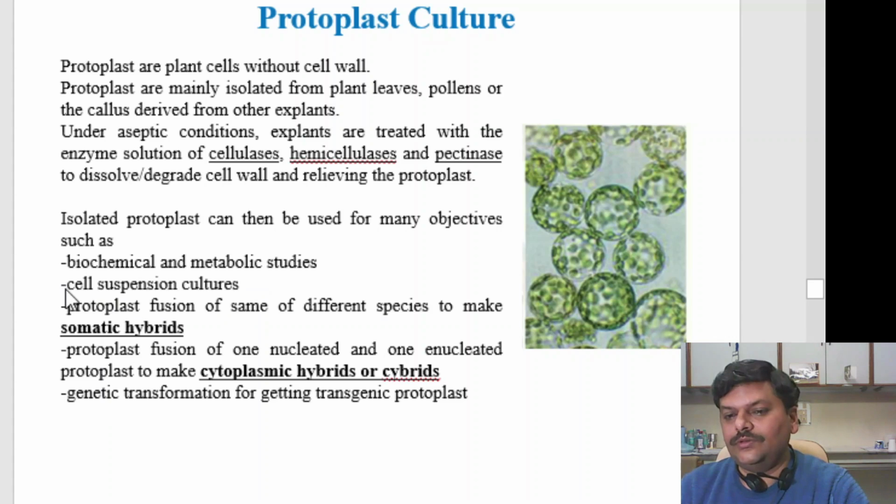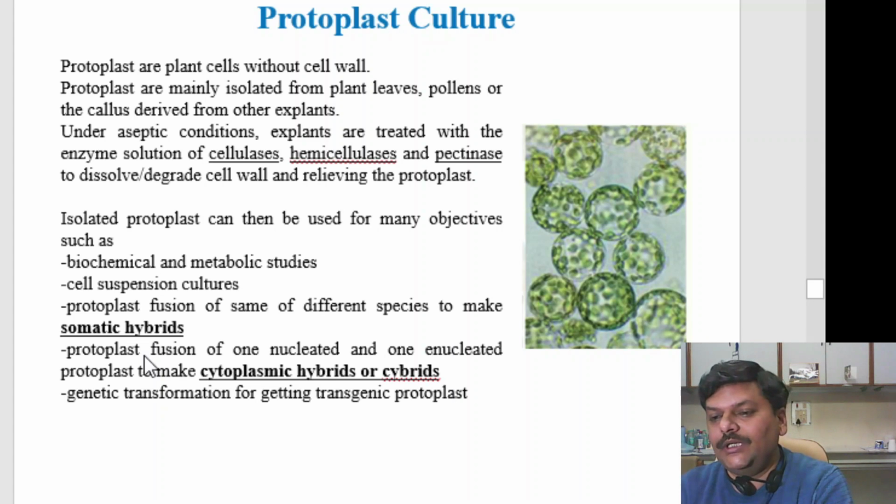Again, cell suspension culture is also a type of culture where, rather than culturing plant organs or plant parts, we take protoplast and culture protoplast, and these protoplasts can develop into resultant plantlets, thousands and thousands of plantlets if the protoplast culture is successful. But the major use of protoplast culture is the fusion of different species to make somatic hybrids. So, as I discussed with you in the previous slide, embryo rescue, another method of making interspecific hybrids,